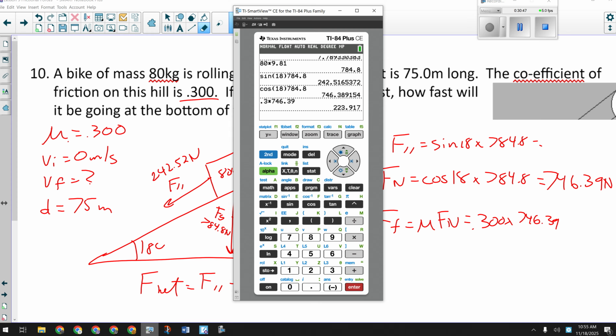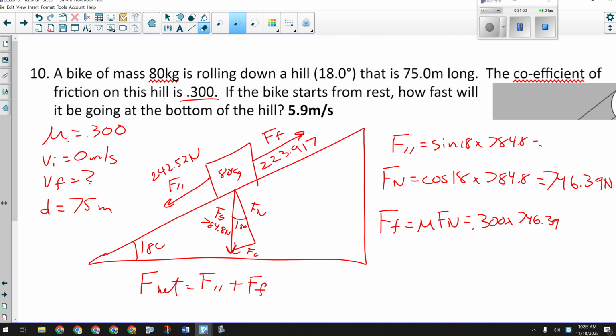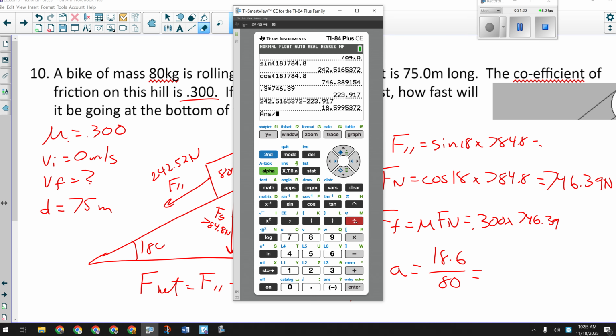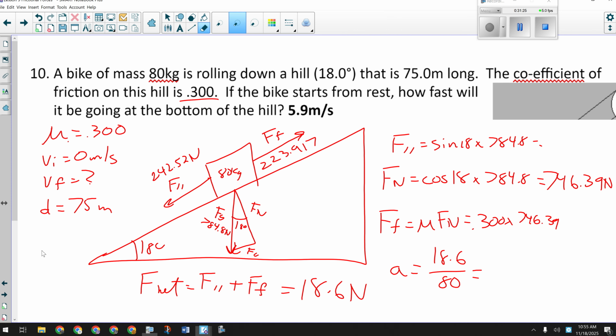So take our 242 down the hill, subtract our up the hill. We've only got 18.6 newtons of net force in this problem, acting on 80 kilograms worth of bike and rider. So acceleration is going to be 18.6 divided by 80. We're not talking about a super big acceleration here. So divide that number by 80 kilograms. It's not a huge acceleration, 0.232 meters per second squared